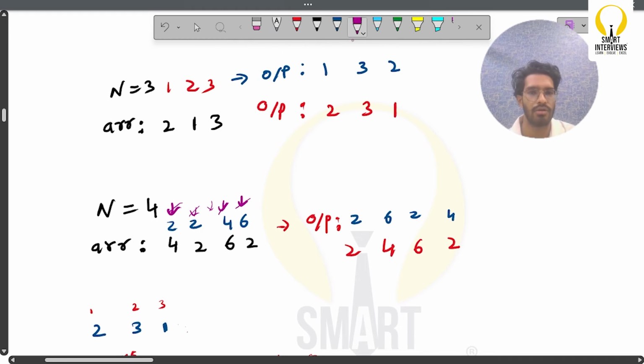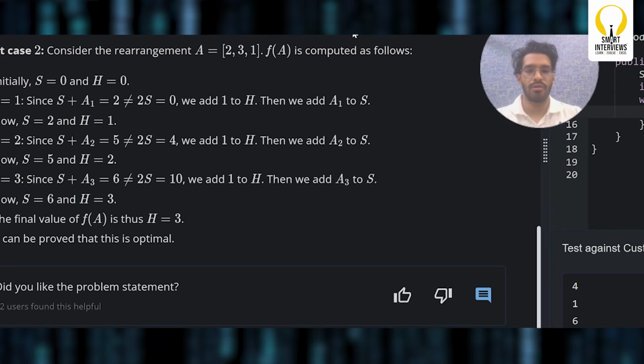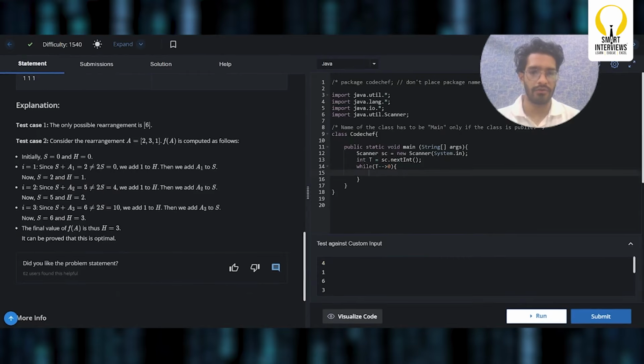If you want to write the code on your own, you can pause the video and try out the solution by yourself. Okay, let's now move down to the code part. Now if you